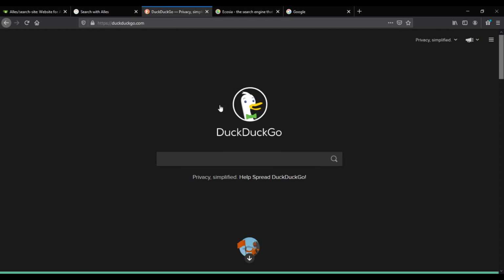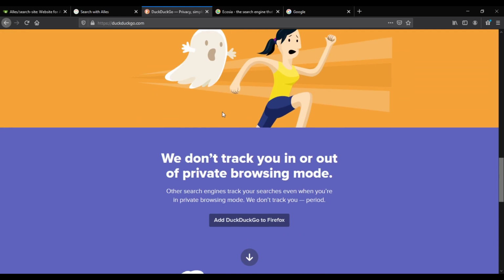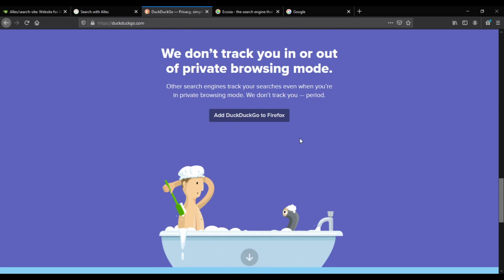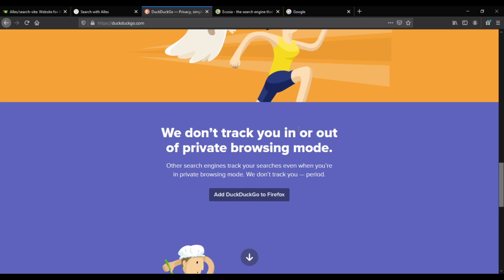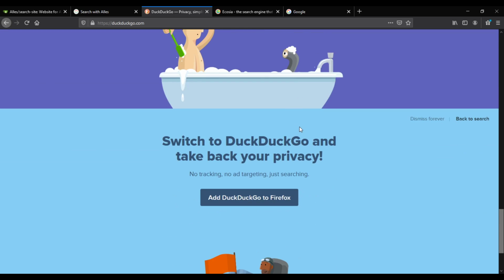or telling you to add Ecosia to Firefox, or add DuckDuckGo to Firefox, or add DuckDuckGo to Firefox, or add DuckDuckGo to Firefox. I hate this. I really hate this. Oh, we don't do this, this, and that. I don't see why I had to take 4 of these, DuckDuckGo. I understand you're a business and you need to advertise yourself and have users, but at the same time,